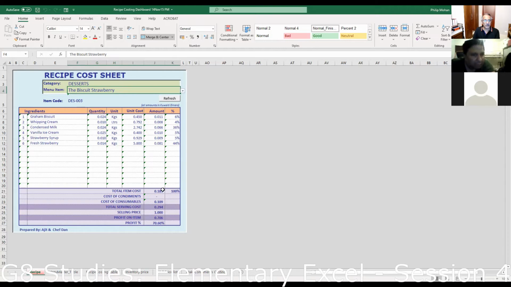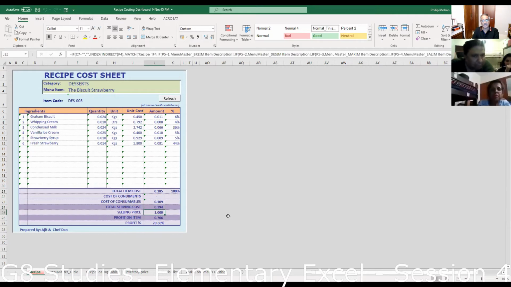So you get the total cost, and then there are other consumables which are not part of this, like oil and salt, pepper, whatever. Things that you don't add to the recipe, but nevertheless you've got to add to the making of the stuff, if you know what I mean. So there is a percentage we add for the cost of consumables. It's actually some information he gave me. So the total serving cost is so much, and he's got a selling price which he gave me. And as you can see, I picked it up from somewhere, this huge formula here. So I get the profit and the profit percentage. So this is basically a sheet that is using information.